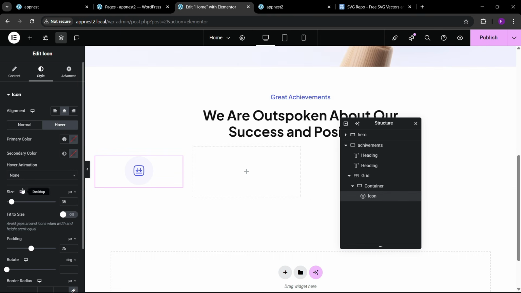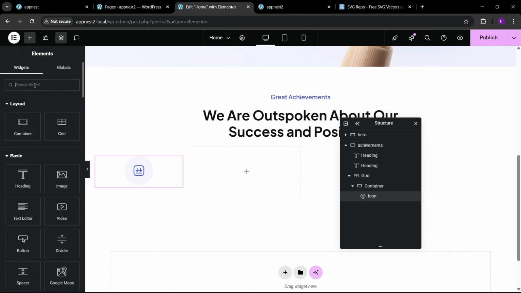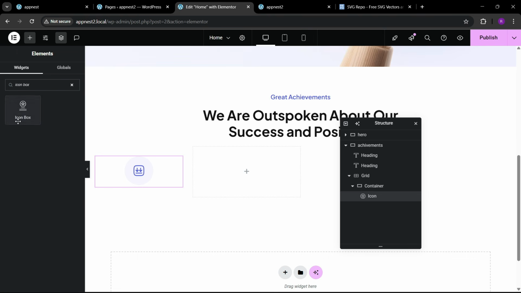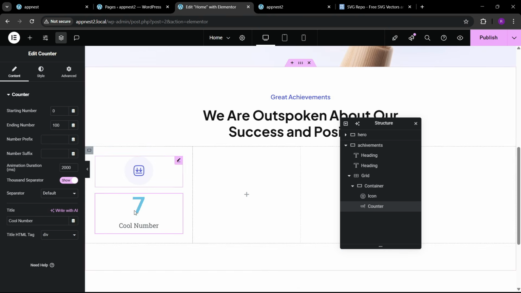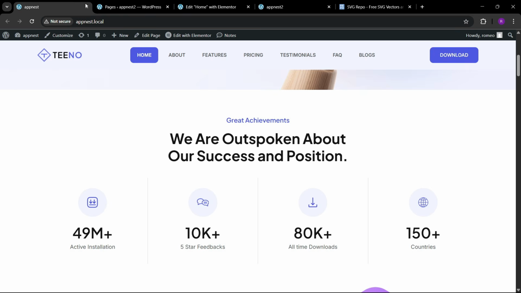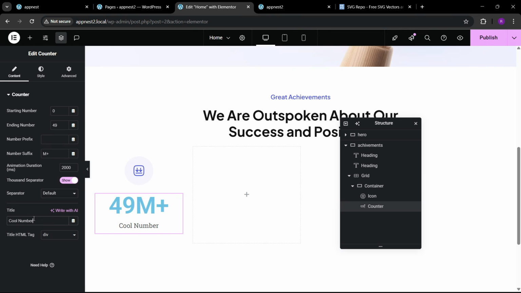Okay, and here in the hover we can have the bob animations like this. Then you can go to this, and here we can search for the counter. To search for the counter, drag and drop this counter below, and here you can see that we have the 49 million. So let me name this 49. Number prefix, let me see prefix. Okay, so it is coming. We have to put the suffix and plus, and here below we can put this to